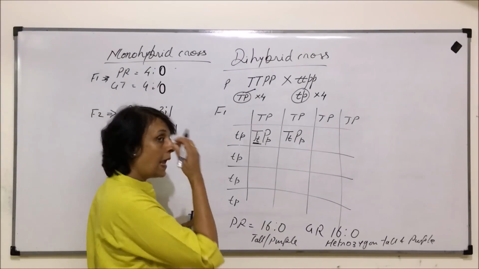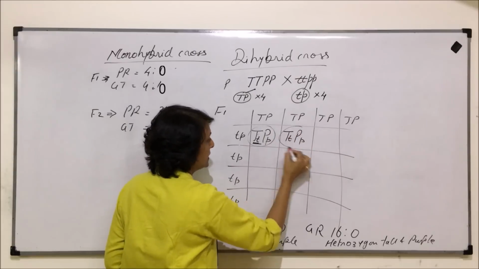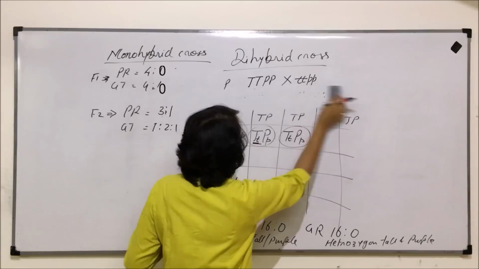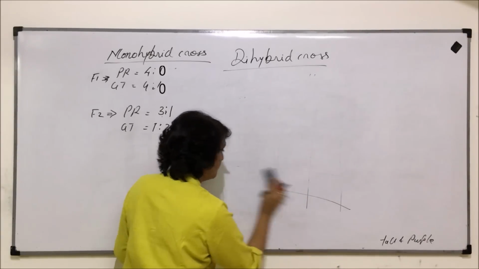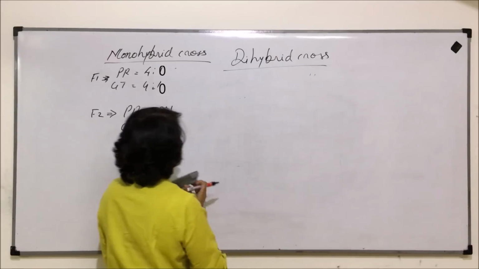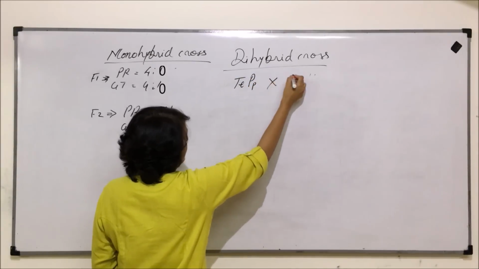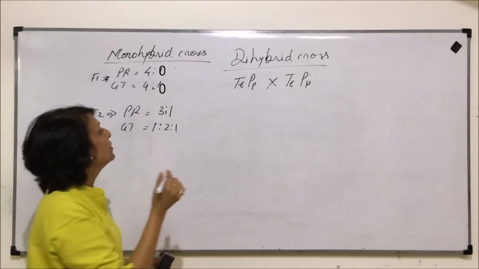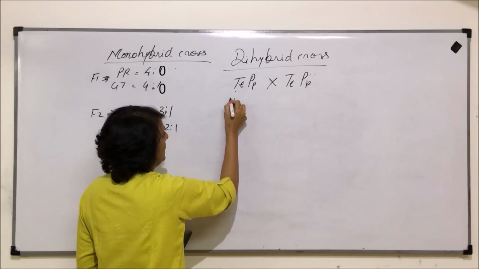Now we want to see F2 generation ratio. On selfing of these, what ratio do we get in F2? So let us write down the F2 ratios, or rather find out. So heterozygous crossed with heterozygous. What type of gametes are produced in this plant or organism?